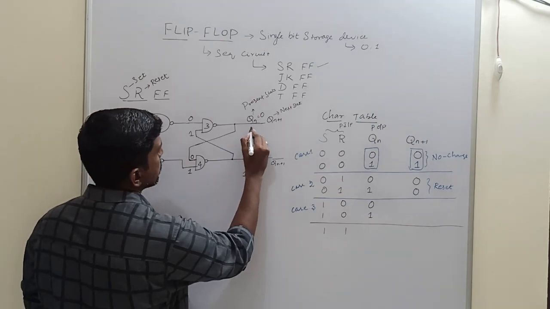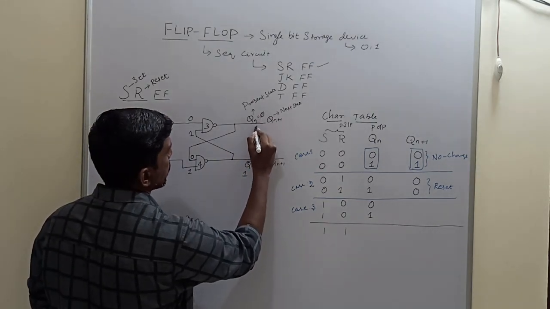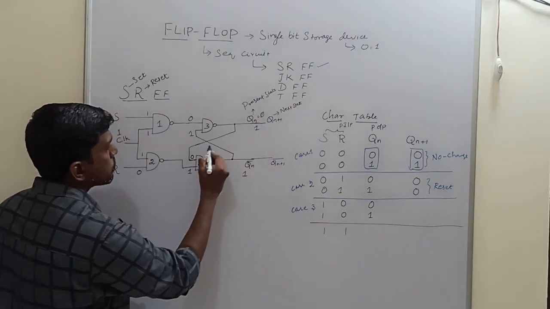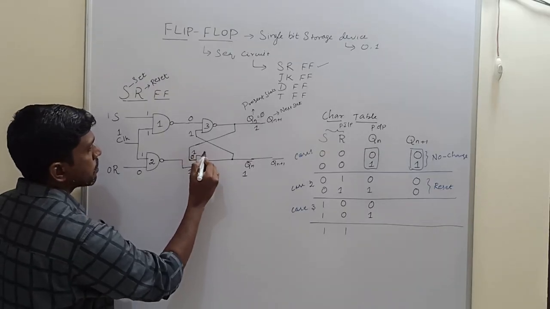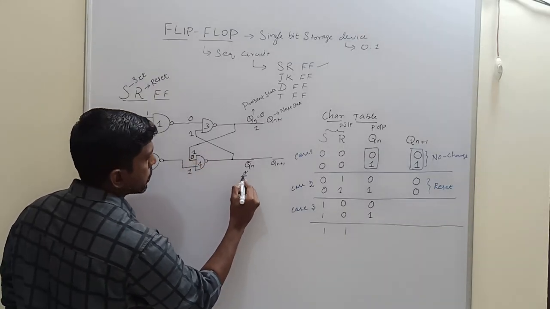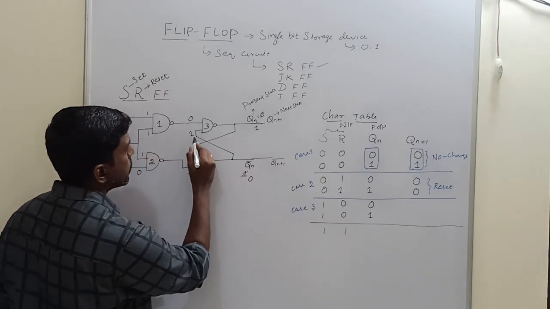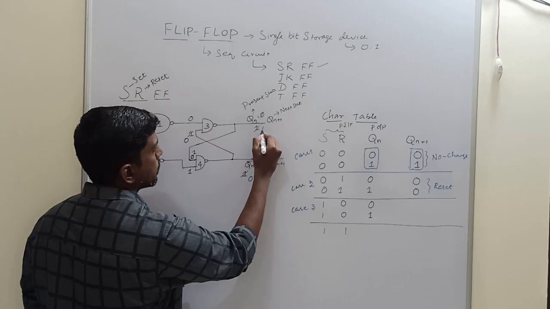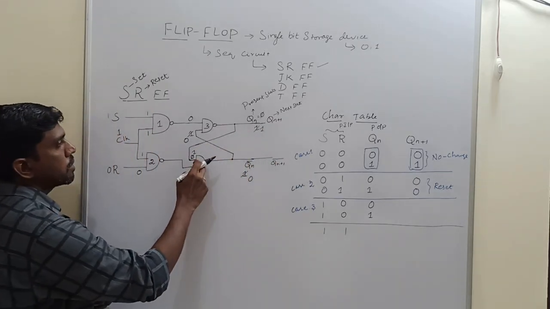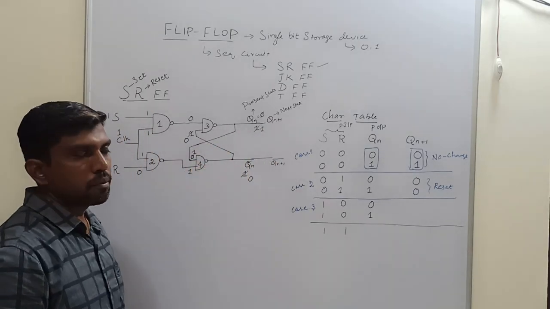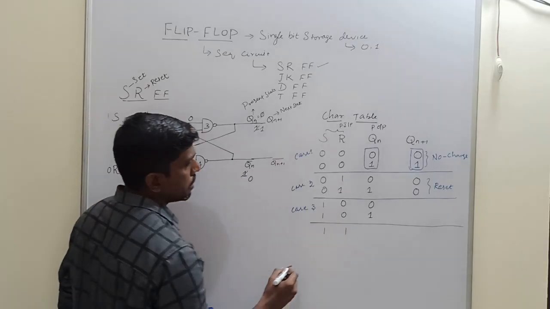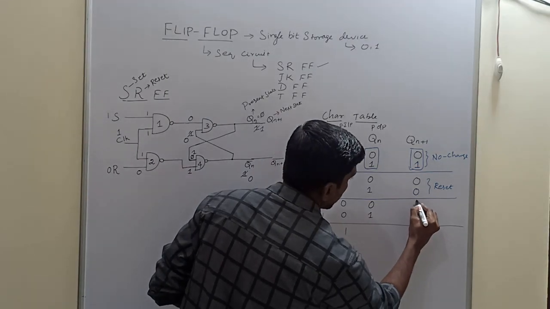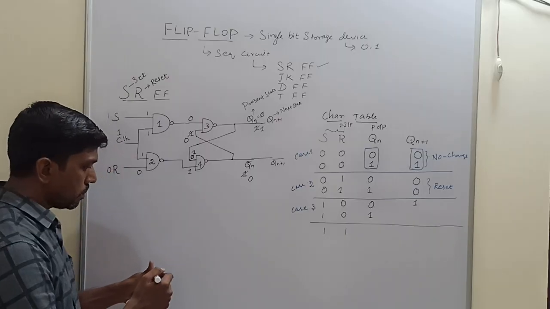So this 1 is feedback to here. 0, 1. This one goes to 1. So again this value is feedback to here. 1, 1. Qn bar is 0. So this 0 is given to third NAND gate input, 0, 0, 1. So again you transfer the same input, you will get the same output. So it's a stable state. The result is 1. Qn plus 1 is 1.